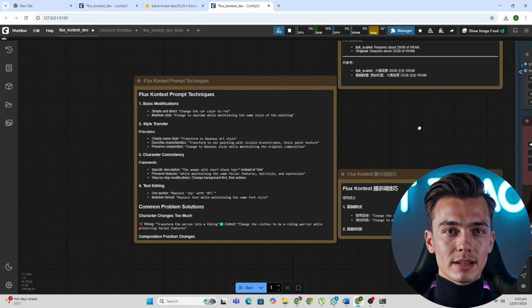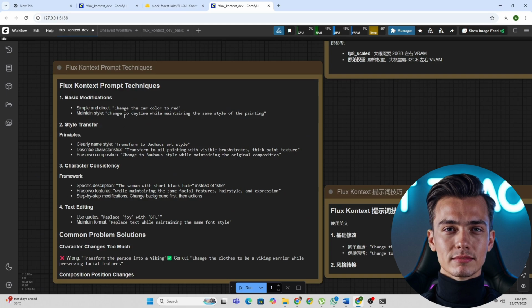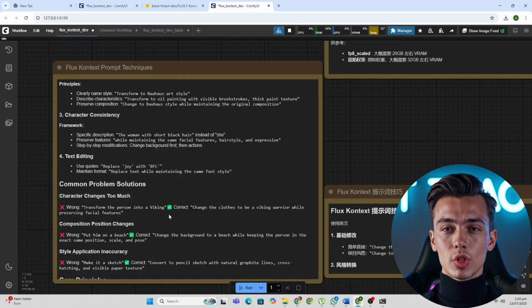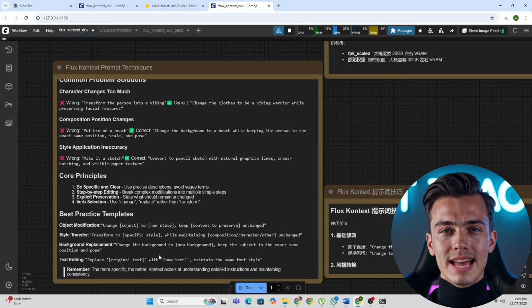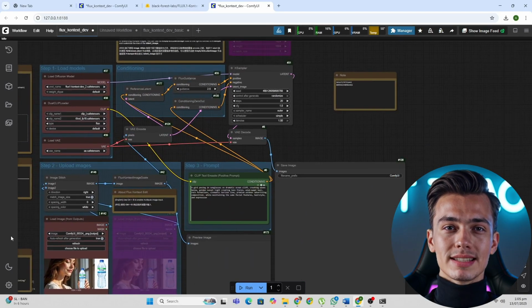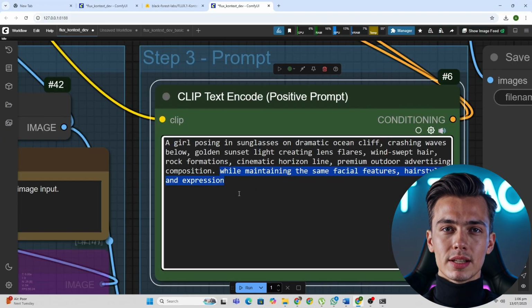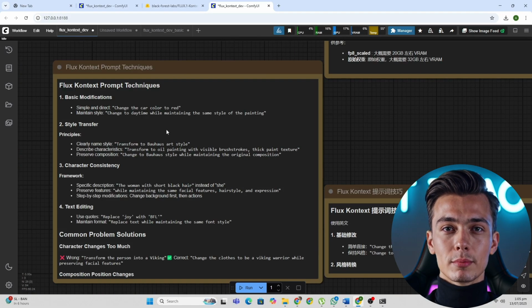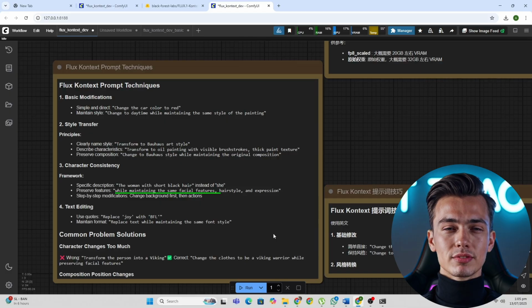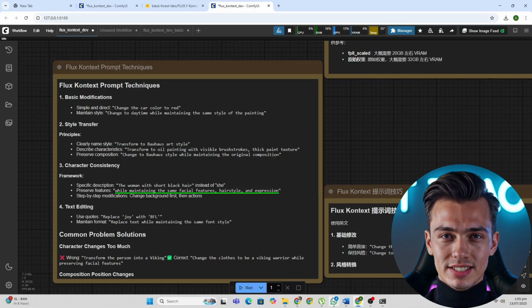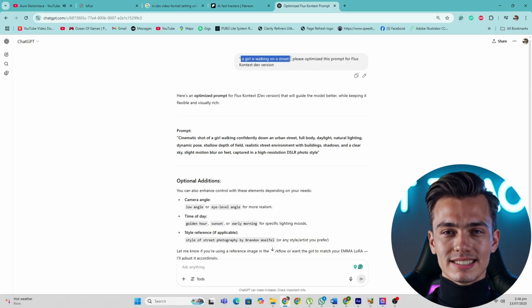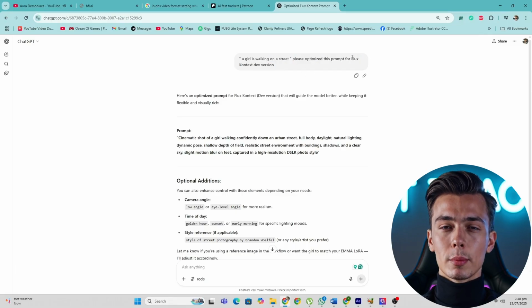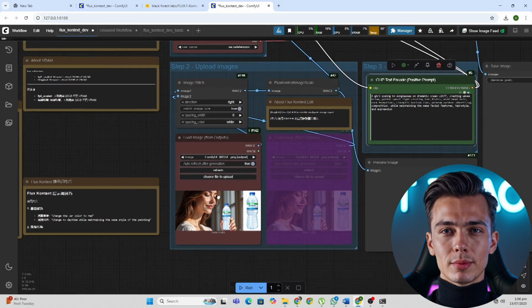Now come to this node. Here you will find the official guidelines for writing an optimized prompt. It's crucial to optimize your prompt because without an optimized prompt, you will get a very poor result. As you can see, after adding my main prompt, I also include this line because in this prompt guidance node, you can see it recommends adding this line for character consistency. To generate the prompt itself, I went to ChatGPT, provided a basic idea and asked it to optimize this prompt specifically for Flux Kontext. With the optimized prompt added,